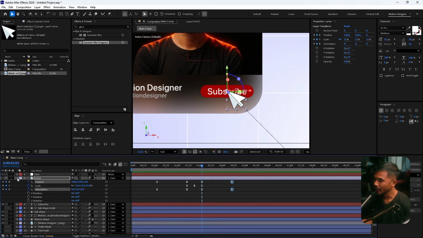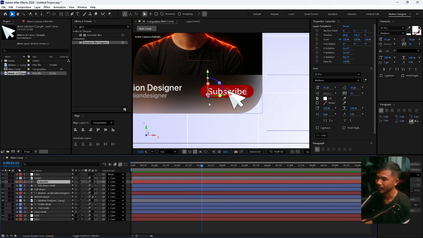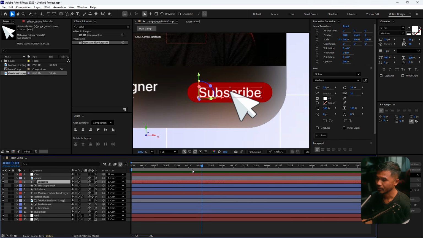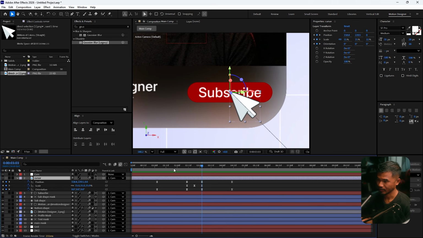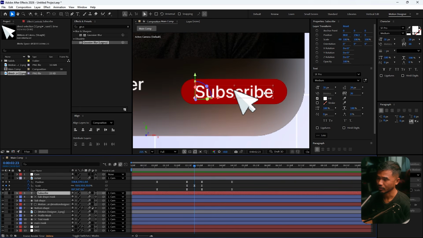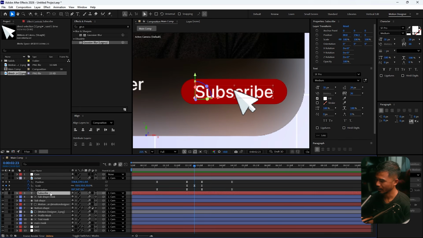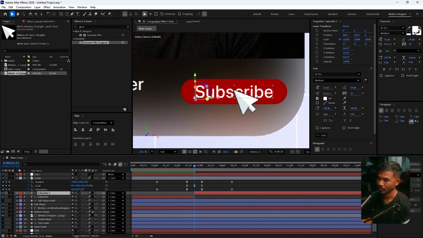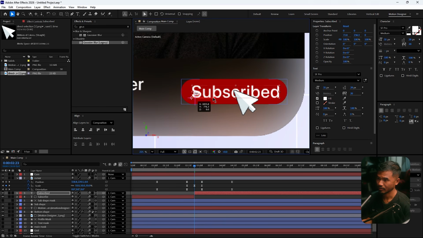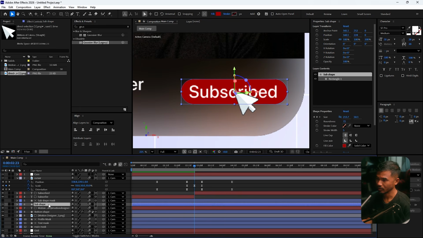And at the same time you have to change the subscribe text. So let's just go and see. Right after it hits there, the text has to change itself to subscribed, right? So right at this point, select this and split the layer, Control Shift and D, and I'm gonna change this to subscribed, right? And you can just align it to the center,